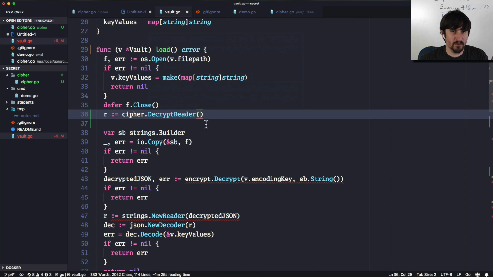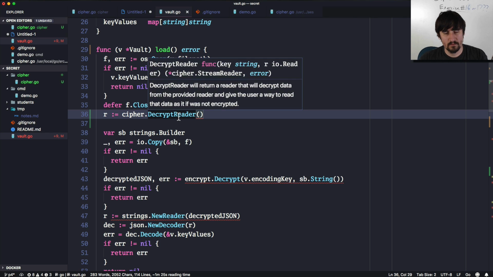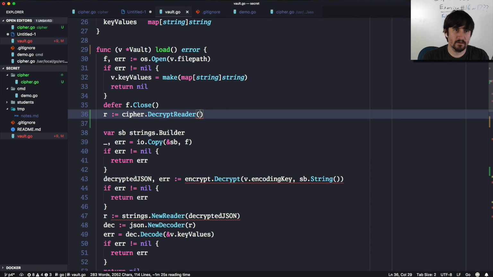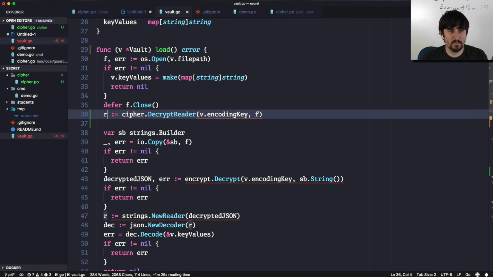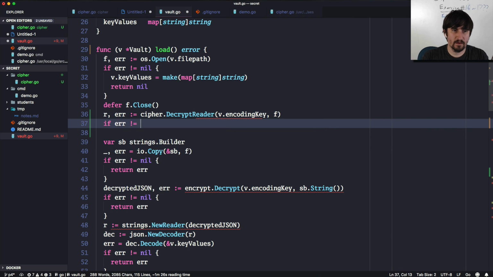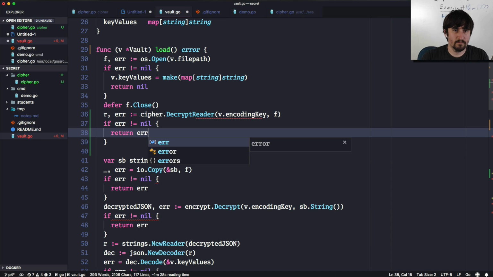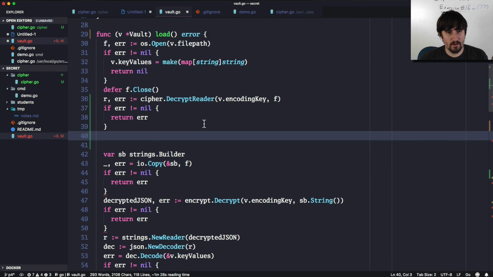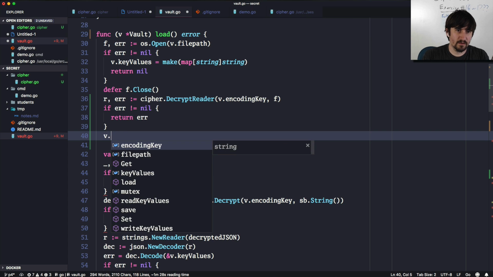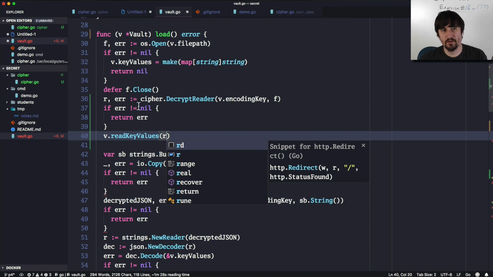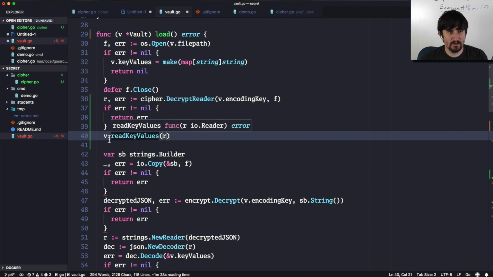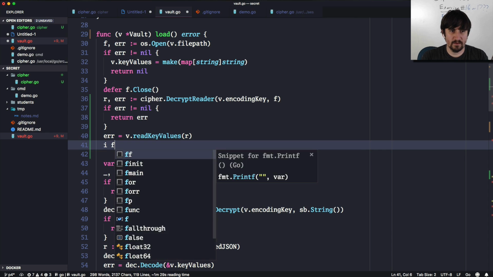All right, so we got decrypt reader, and we're going to pass in, what are the arguments? Key and the reader. Okay, so v.encodingKey, and the second part is going to be the file. So this is r, error, and if error is not equal to nil, return error. All right, so now we're going to say v.readKeyValues. The reader is going to be this new decrypt reader that we just created. And this can get an error, so we'll say error equals that. If error is not equal to nil,